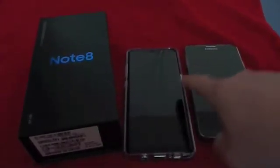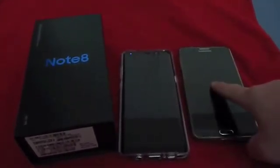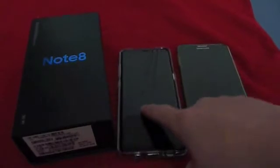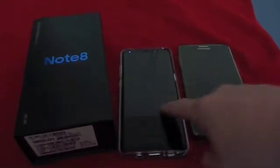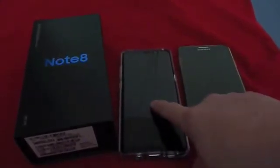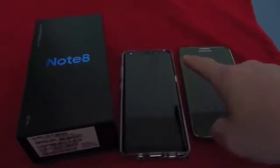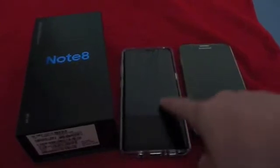Considering that, I have not really seen a huge amount of performance difference. This thing runs just as smooth or just as slow or just as glitchy as this one does so far. I've loaded all the same apps on this phone that I had on this phone, and this does run slightly smoother. To be fair, this is a newer phone, so when this was brand new, of course everything ran really smooth. And this is a brand new phone, so I don't know if this phone is running smoother because it's newer and it hasn't been worn out or anything like that,